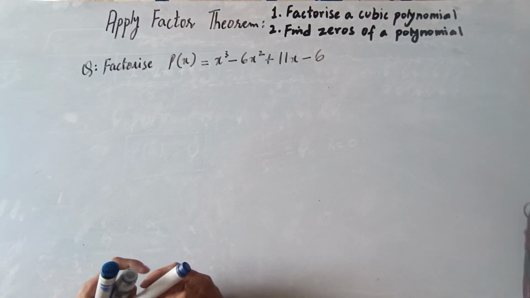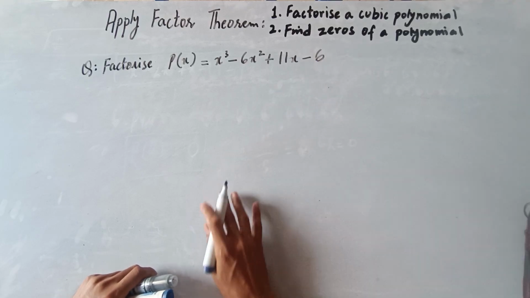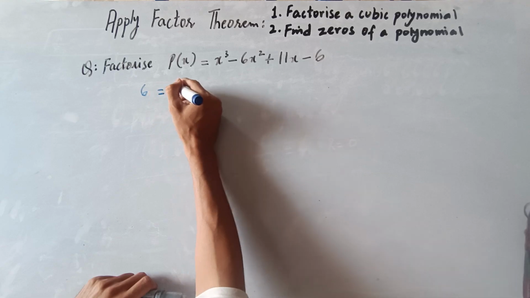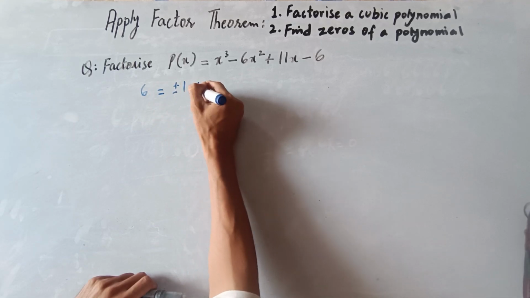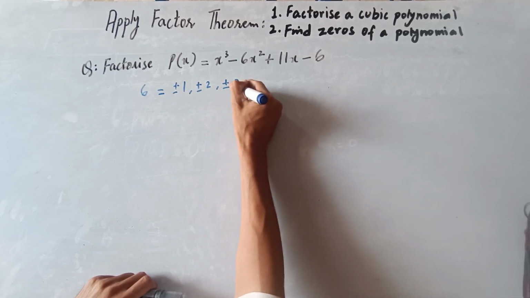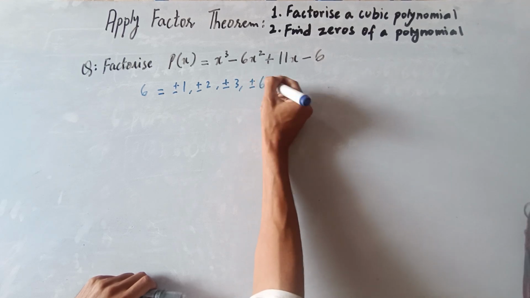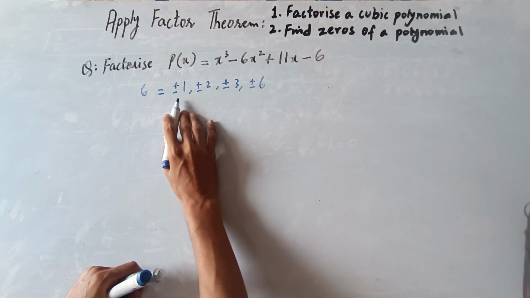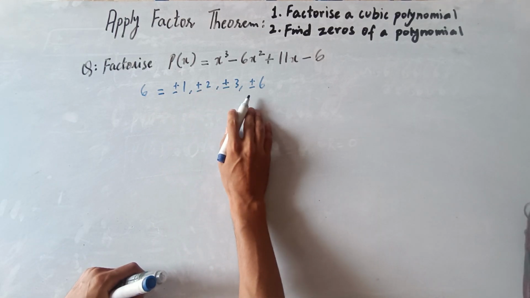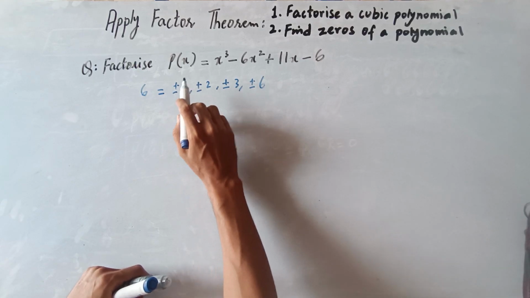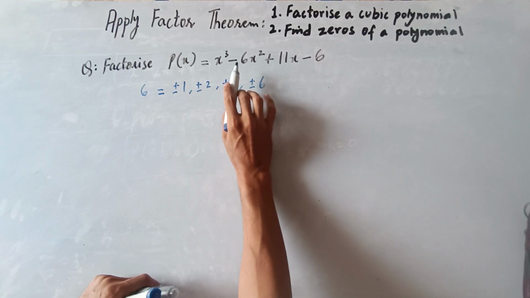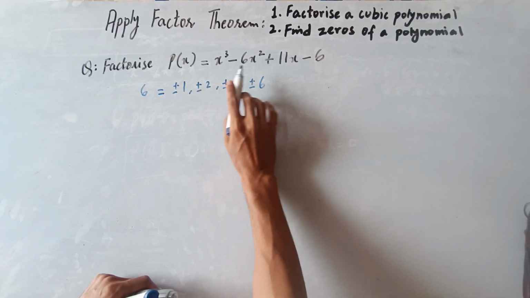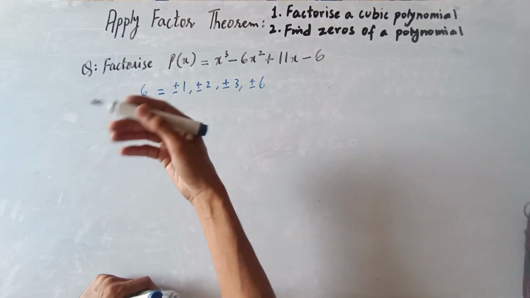So how will we find the possible roots? For that we need to see the constant number. Over here the constant number is 6. So what are the factors of 6? The factors of 6 are plus minus 1, plus minus 2, plus minus 3 and plus minus 6. It's a trial method and we need to put the values one by one to get a factor of it. For example, if I put the value x equals 1 over here, and in case we get the answer 0, it means that x minus 1 is a factor of it. That's how we will apply the factor theorem.